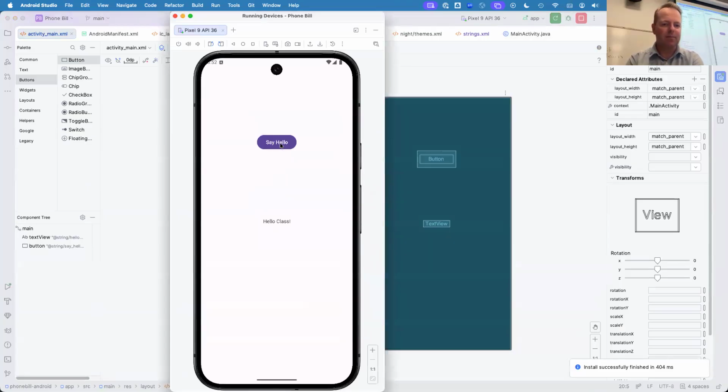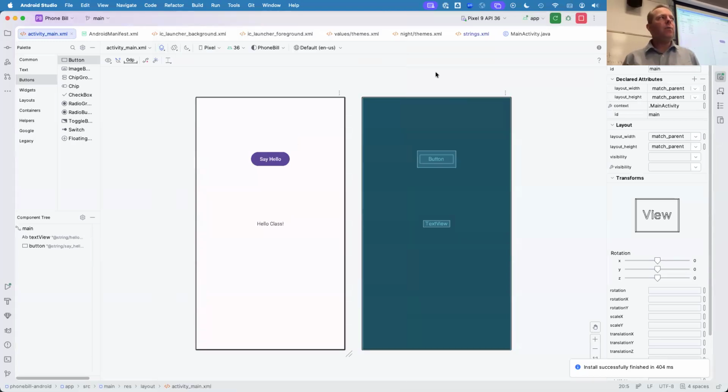Great. Now it's laid out. Okay. Now when I click on it, it doesn't do anything. So let's make it do something. So UI